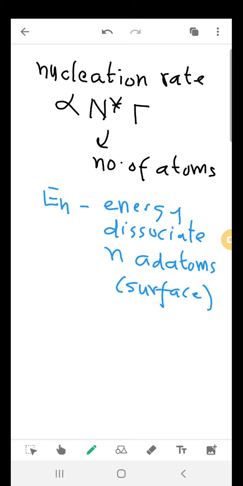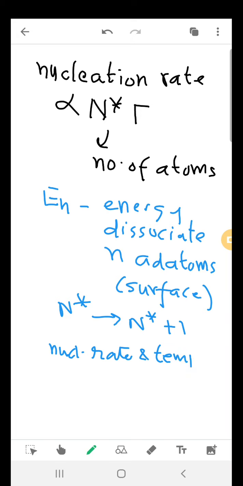Now as the size of the cluster increases, that means as n star changes to n star plus 1, the nucleation rate will also increase. The nucleation rate and temperature dependence will increase as R to the power n star plus 1, and so we obtain an expression